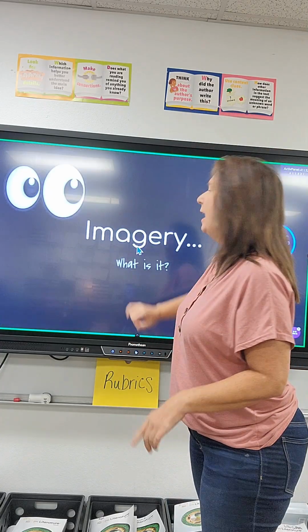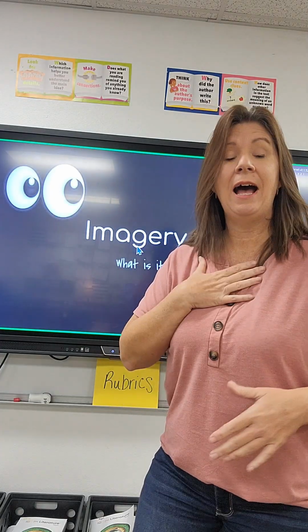So this is called the dumpster story. This sets the stage, sets the setting. I had my lights off, my Hogwarts lights on. We had this creepy music playing, and they saw this when they came in after they got into their groups. So we did this, and then we talked about imagery, and I'm the one judging.